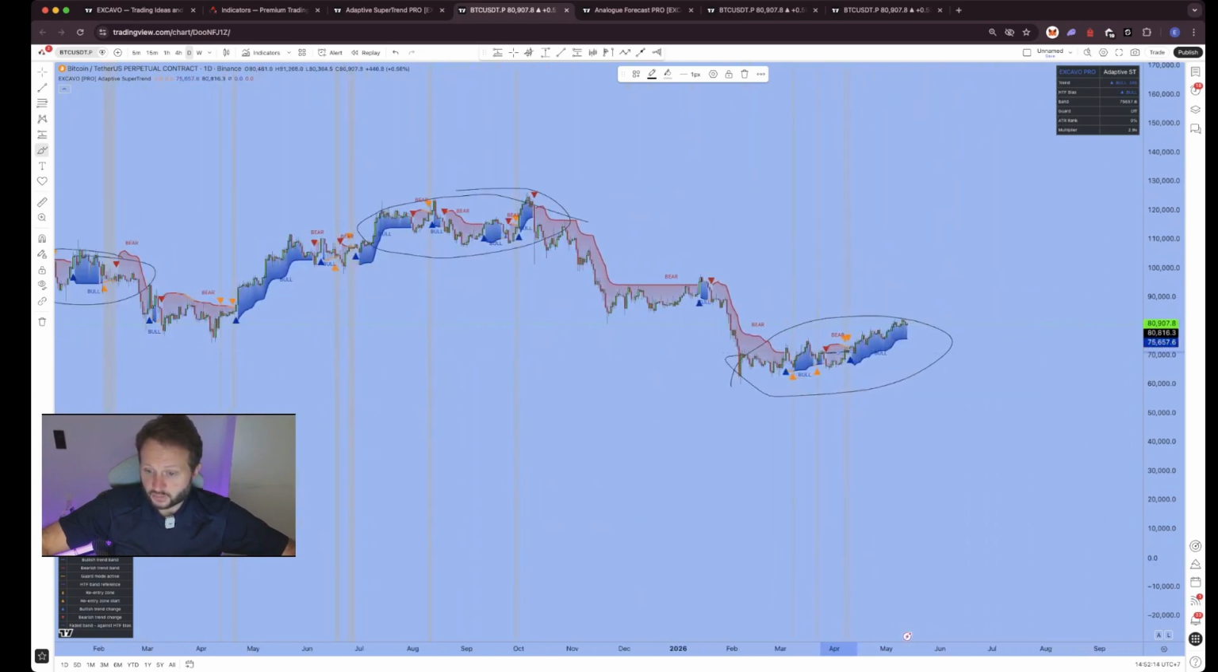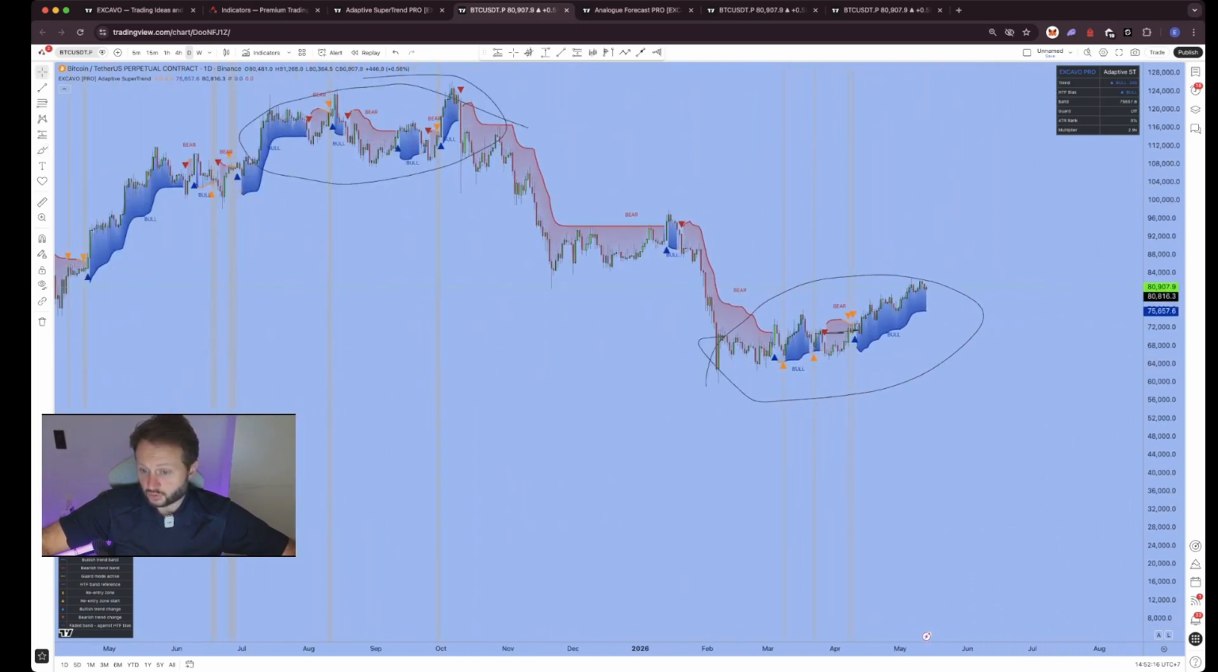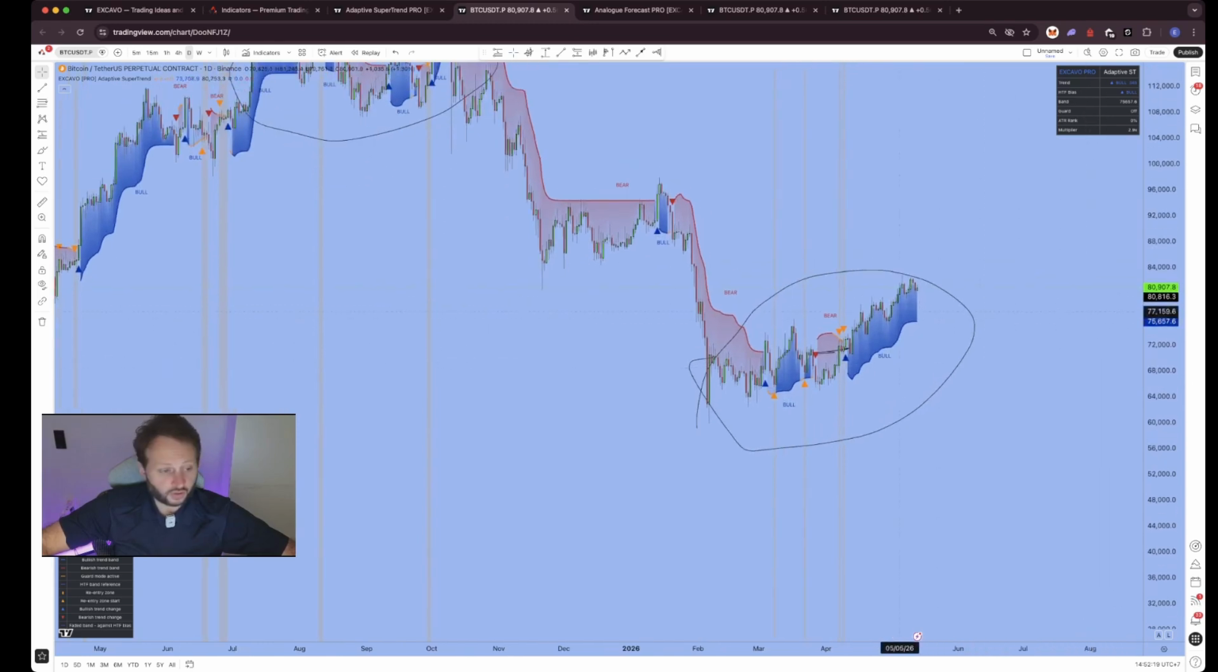In exactly the same way here, the overall local trend will likely begin to change once the price action finally crosses $76,000. That's it. And right here, just like here,